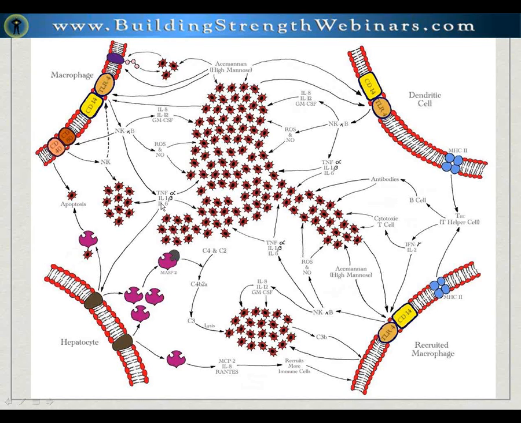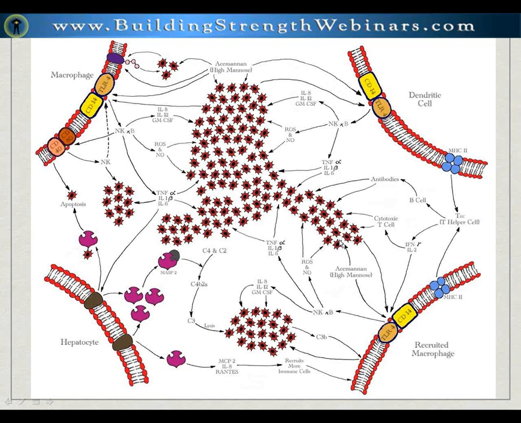There's the production of various compounds with the interaction of mannose. So you have huge production of reactive oxygen species, nitric oxide, interleukin-8, interleukin-12, and other compounds that bring in macrophages. Large amounts of tumor necrosis factor alpha, interleukin-1, and interleukin-6 are also used to destroy infected cells and initiate phagocytosis of the destroyed cells.